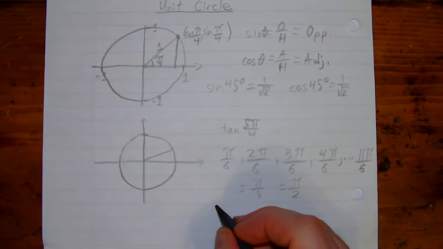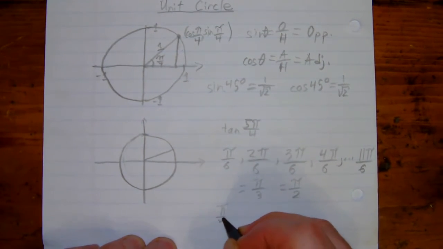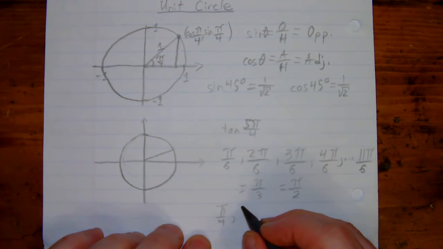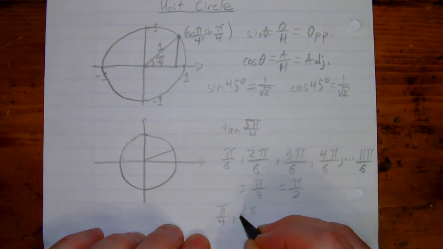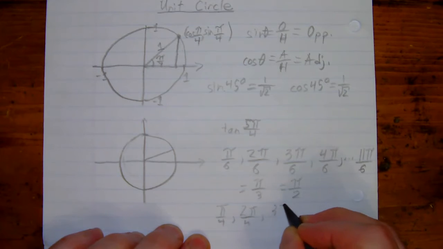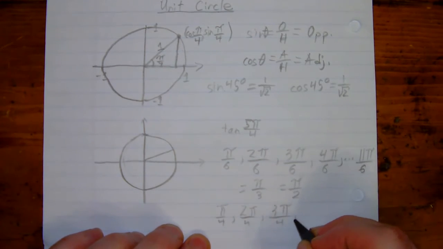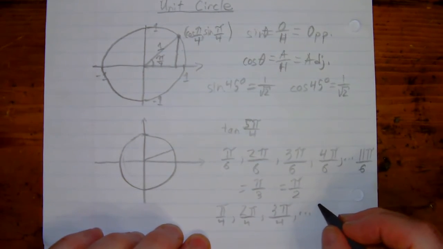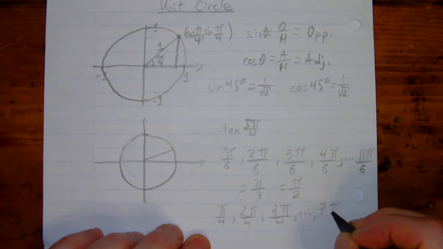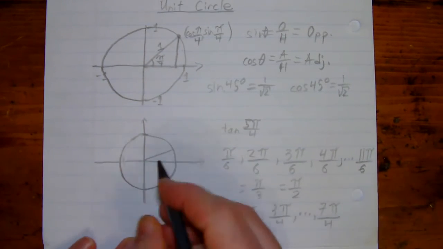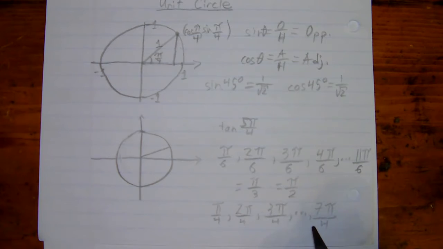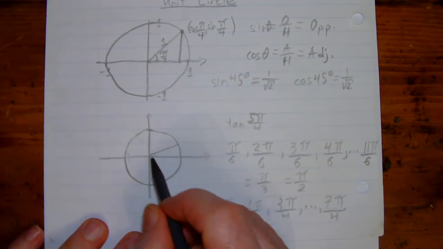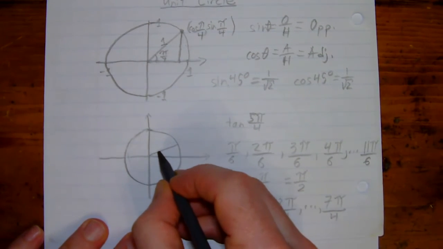And then I'd also like you to add the multiples of pi by 4. Pi by 4, 2 pi by 4, 3 pi by 4, all the way up to 7 pi by 4. So going all the way around. So you'll have a bigger drawing. You'll put these angles in